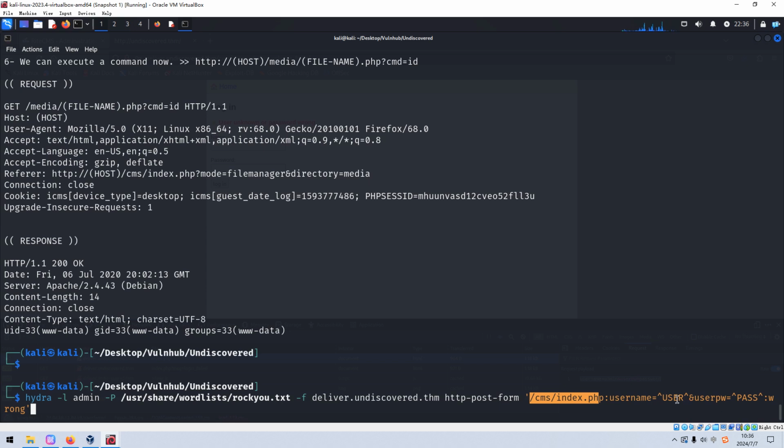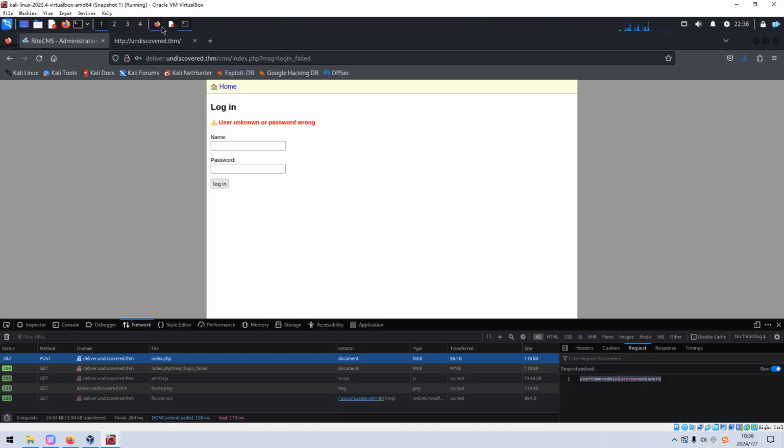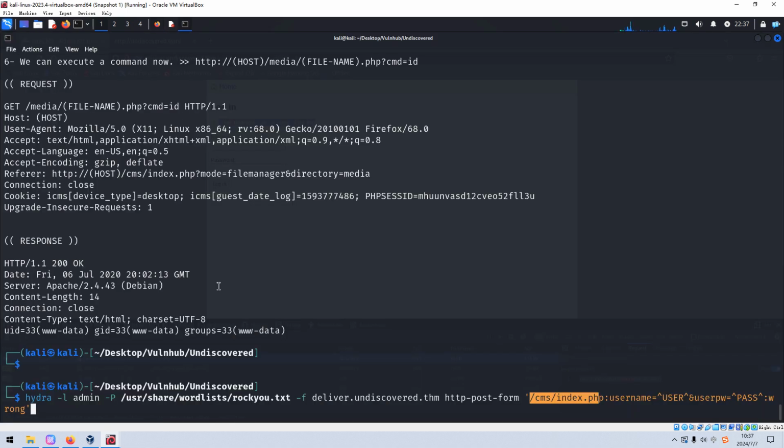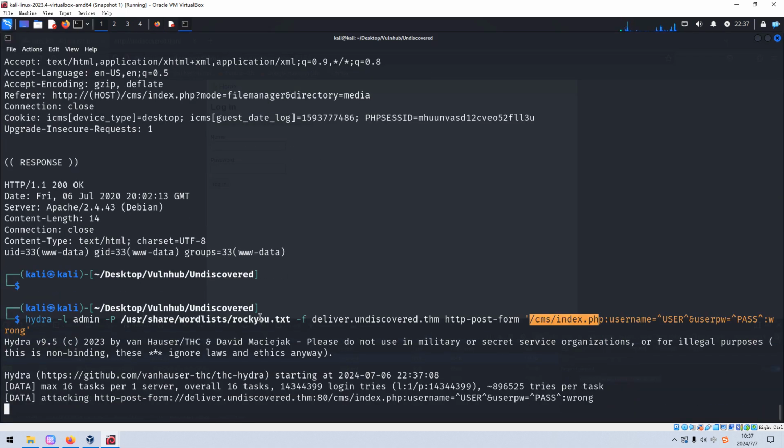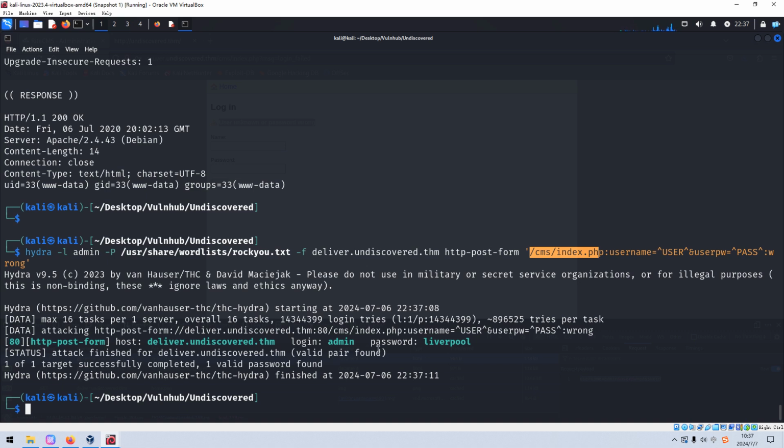replace the respective fields, and then the error message when we submit an invalid password, in this case should be "wrong". We do not need to put the entire sentence or string, we just put the keywords. Okay, so now we can press enter. Yeah, very quick. Immediately Hydra can discover the password, and we can copy